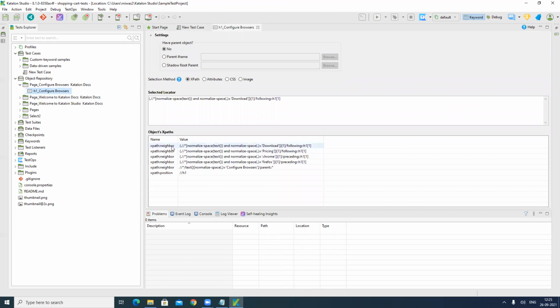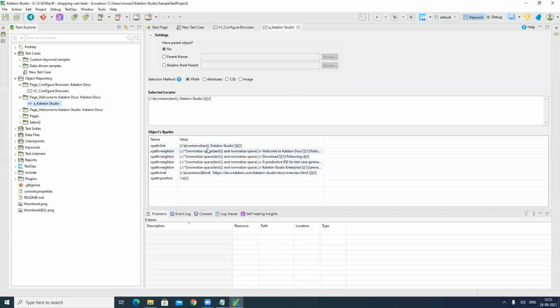See all the properties it has captured. And this is the XPath which it is considering for you. See all the properties it is capturing for that. So it is very useful. And if you want to change any XPath, you can always come and change it here and save it. It will consider that path for you.